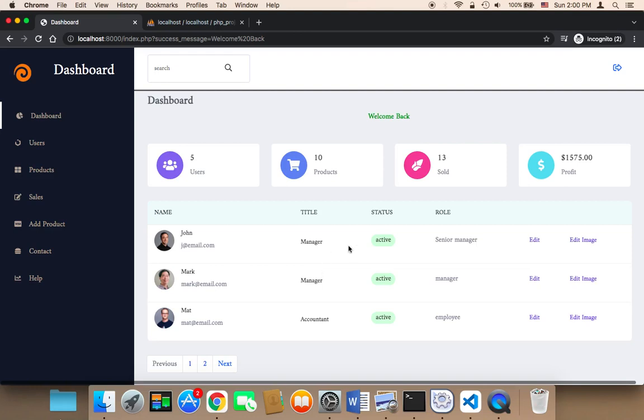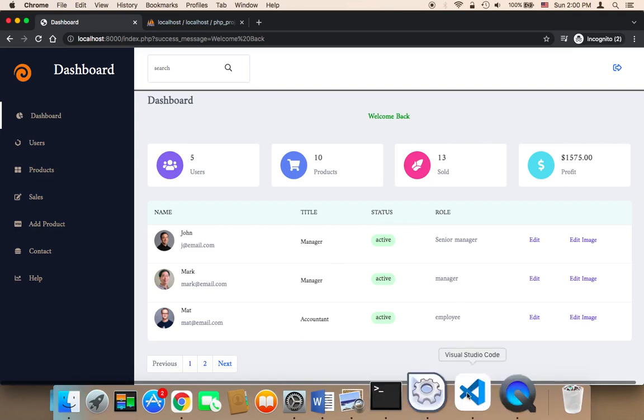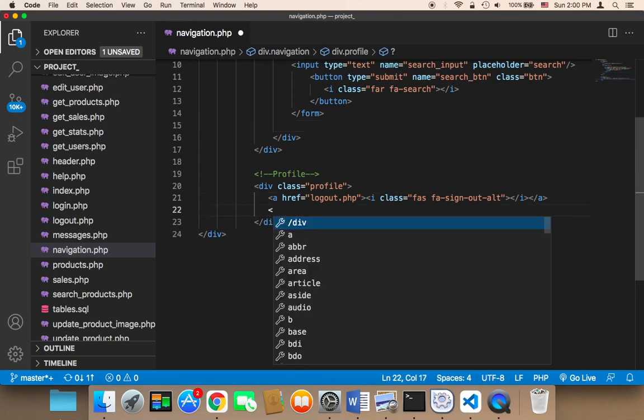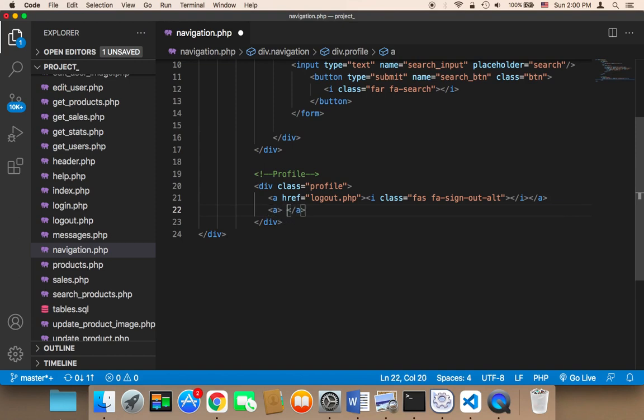Welcome back. Now what we need to do is display a button that's going to take the admin to their account. To do this, I'm going to create an icon here in the navigation. Here I'm going to create another icon. First I'm going to add it inside an I tag, and then I'm going to use Font Awesome. I'm going to say class